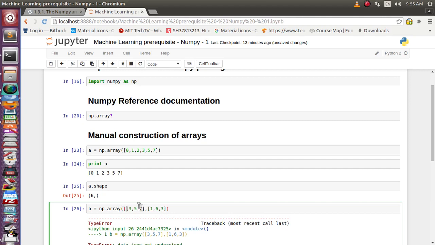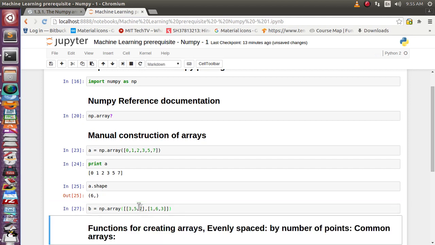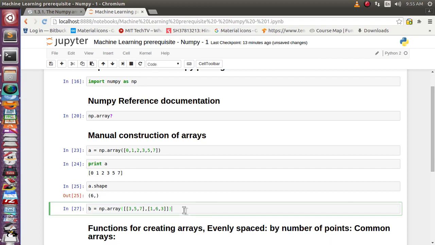There is one more brace I need to keep. That is just a matter of syntax.